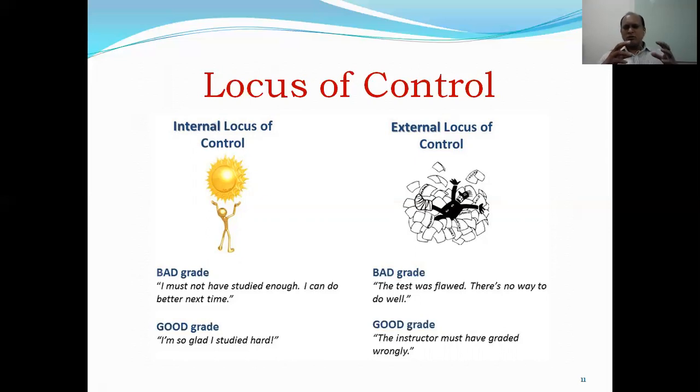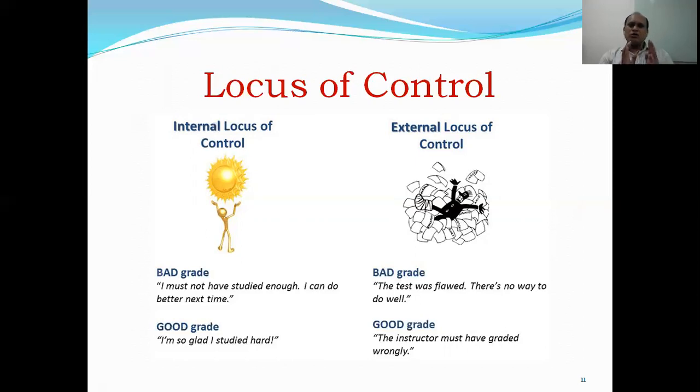Suppose a student gets a good grade. So as an internal personality, with internal locus of control, what is the thought process? I am so glad I've studied hard. He will be very happy. On the other hand, the external one thinks: the instructor must have graded wrongly. I somehow got an opportunity. The questions were very easy. I got an opportunity to see from my friend. I was able to copy the things. So what I'm trying to make here is